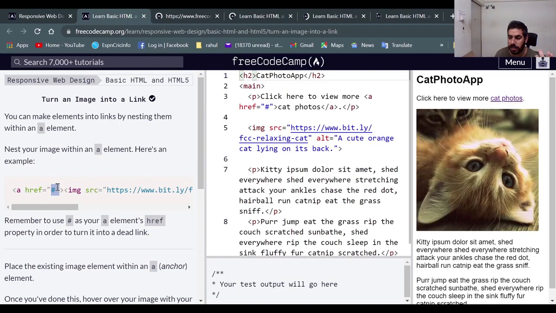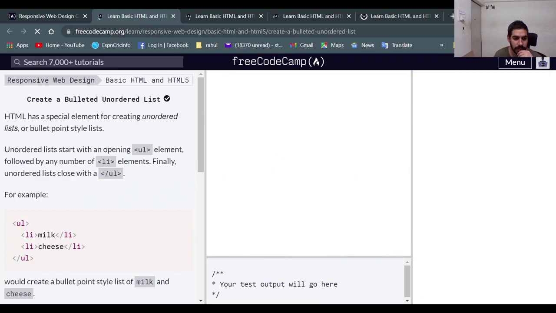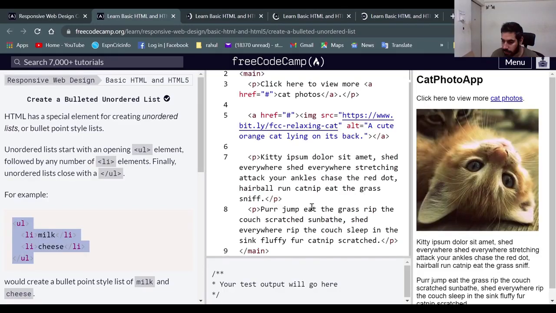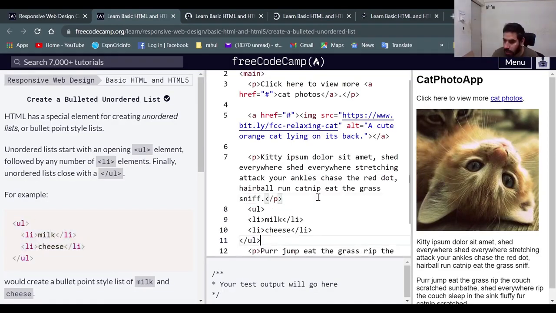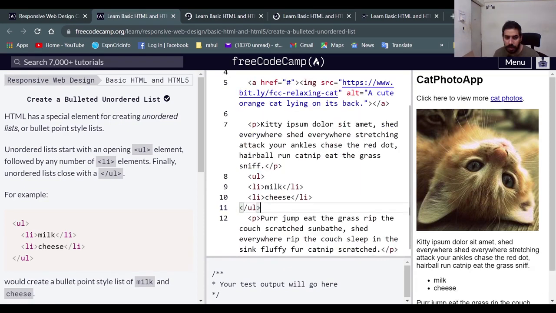Okay, so next one is create a bulleted or unordered list. This is very simple. As seen in this example, I'll just copy it over here and show it to you. As you can see, these are bullets. These are the unordered list, and you can create an unordered list inside your web page by including li tags, list item tags, within your ul tags, unordered list tags. And the next one is the ordered list, the opposite of this. What do you do over there?